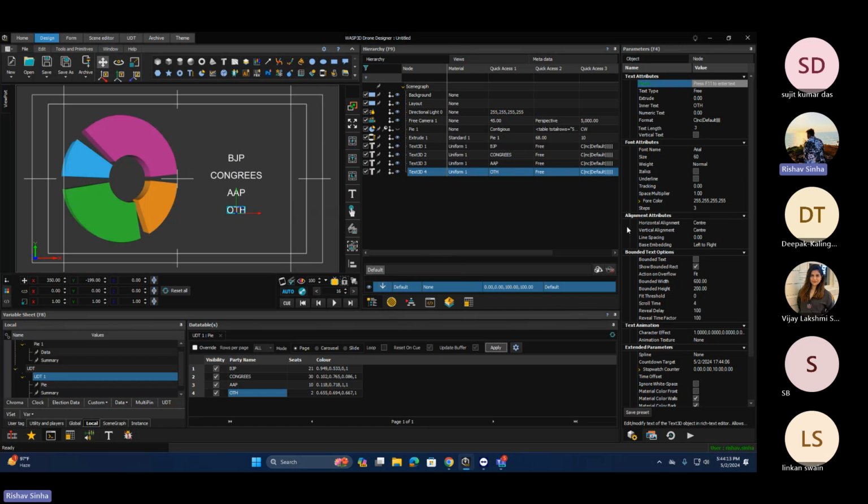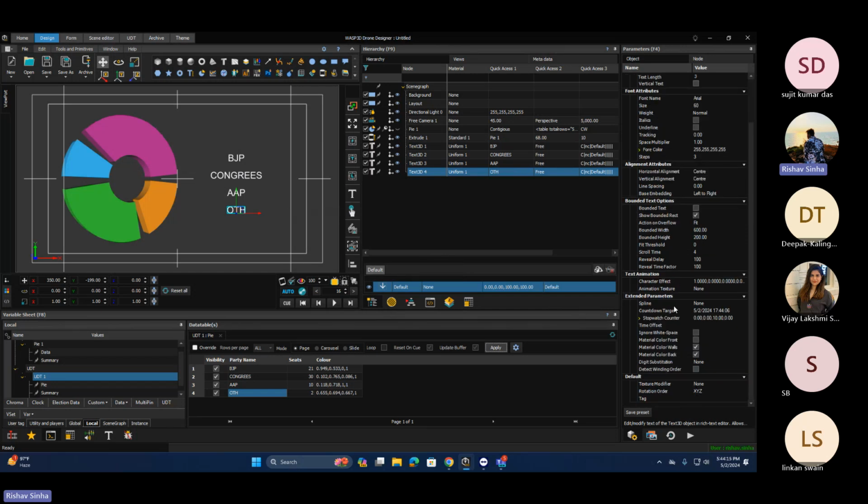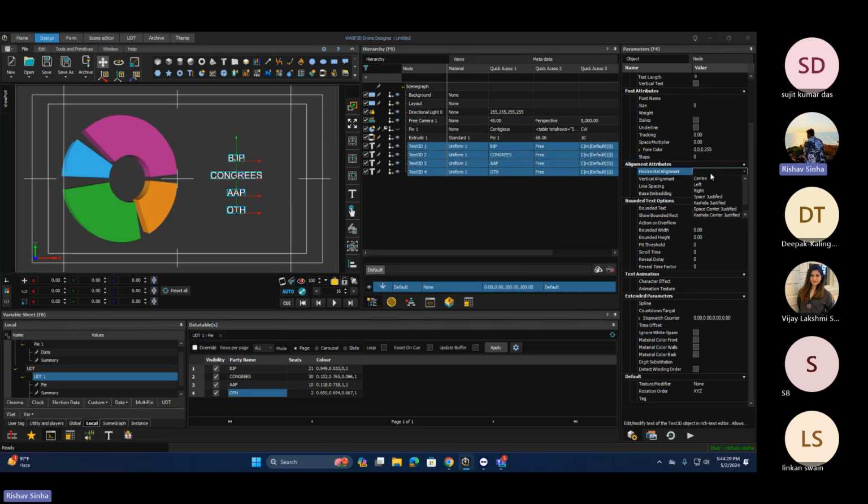Okay, if you want to align it in a way like this, select all the text, go to the horizontal alignment and select left. Now all the data, all the text are left aligned. Okay, if you want the seat values as well, so I will just create